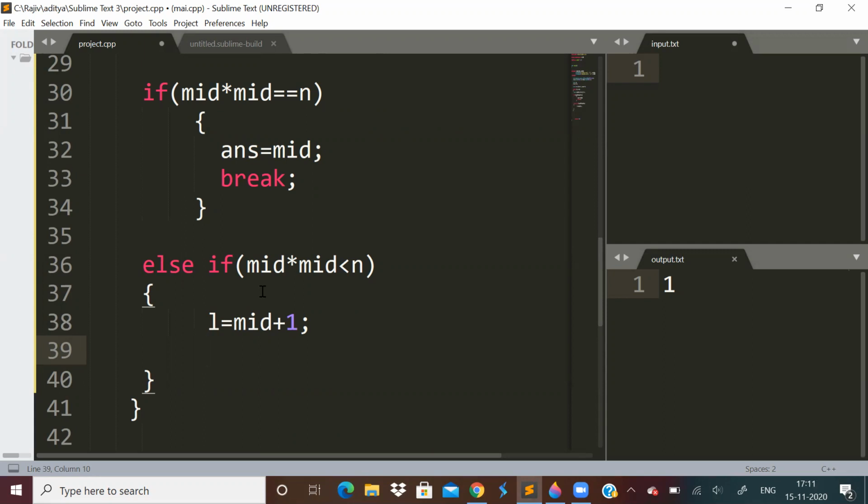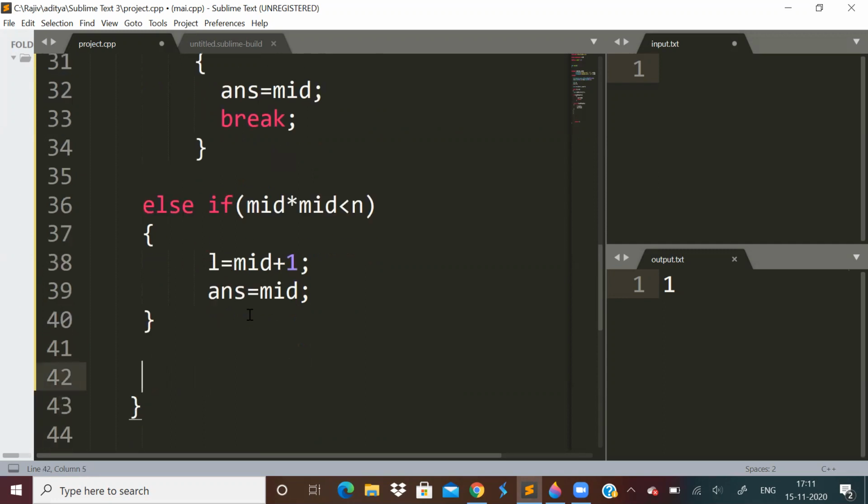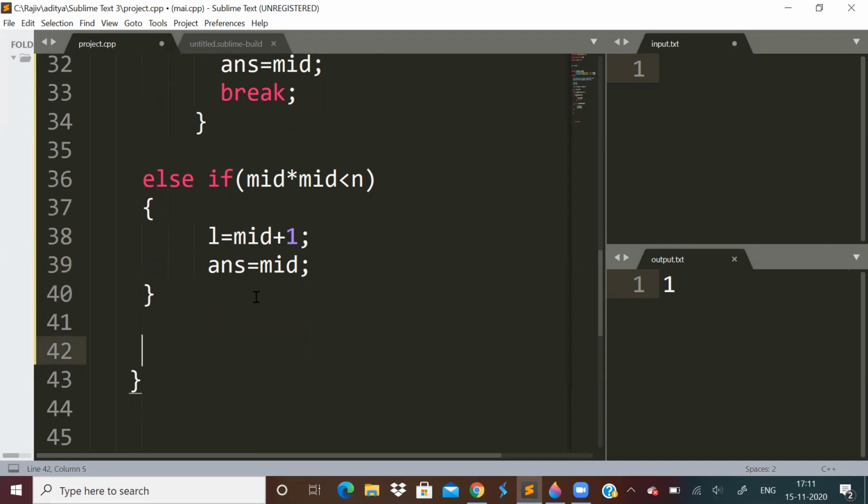Suppose the square root of 10, it will be 3. That is why we should say answer is mid over here. This is for such kind of numbers which are not perfect squares. Otherwise, we should just say H equal to mid minus 1.